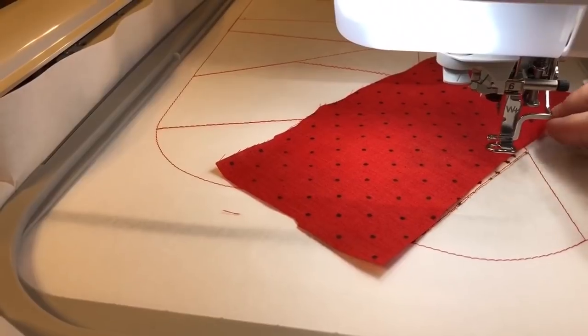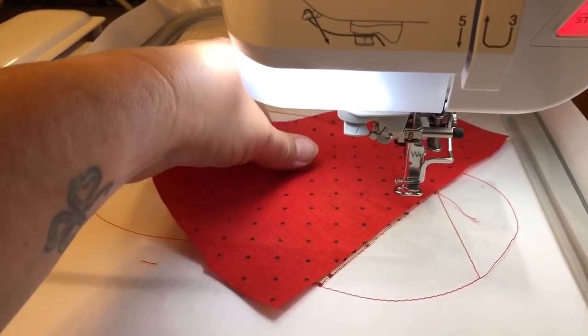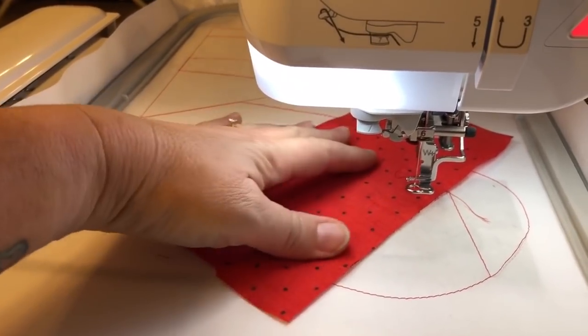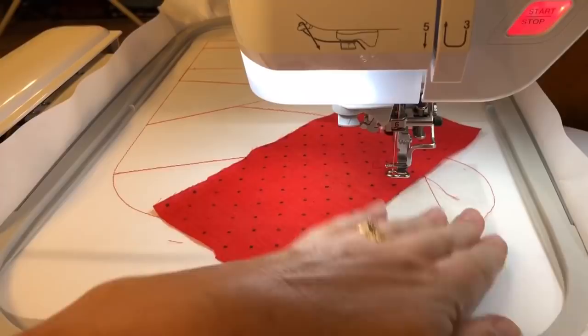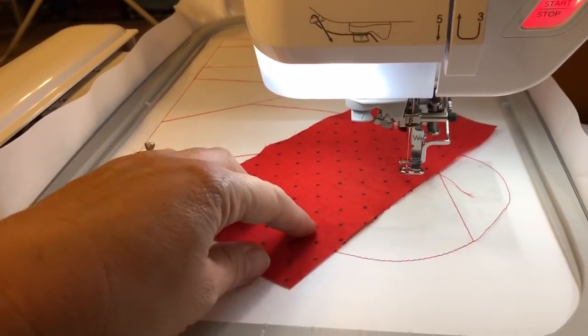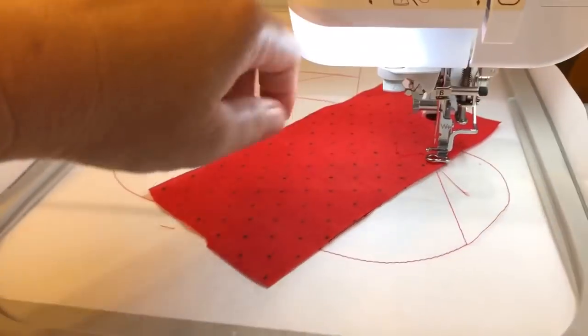If I can do it with one hand. I got a loose thread under there from the other piece. Now, this piece of material has to be big enough to fold over this hole and cover it. So, first thing we're going to do,